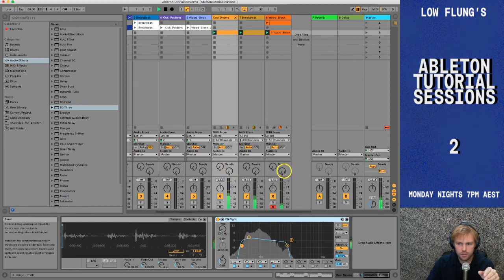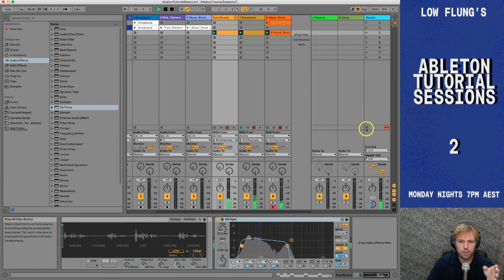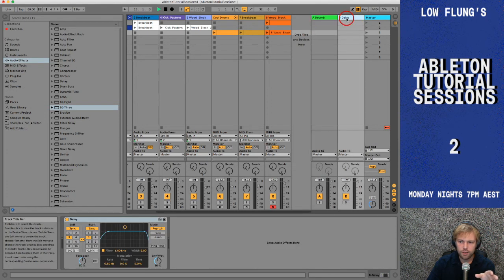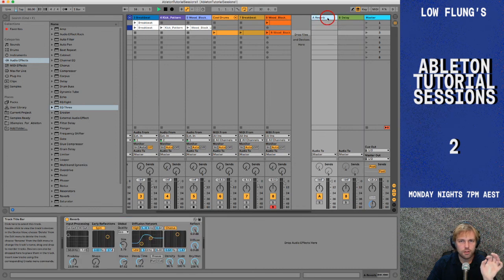sends. So what they're doing is they're sending your audio signal. I'm just going to hit stop. They're going to send your audio signal over here to these things, which are called sends. And the sends have effects on them. Now, outside of the EQ and your levels, which you know about, the volume here, these are the next